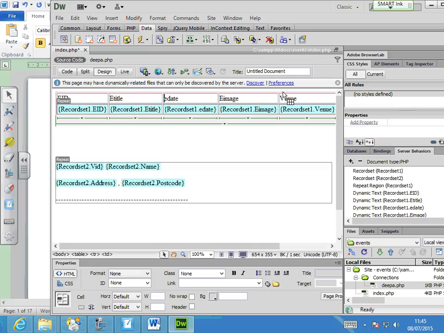We deleted the venue ID, we deleted the status because there was no need to show that on the page. On this page, we only showed the title and the date and the image so that the person sees what that event is about. Now what you want is that when he clicks on the title, it takes you to another page with more details and also shows you the venue details. But that page is still a